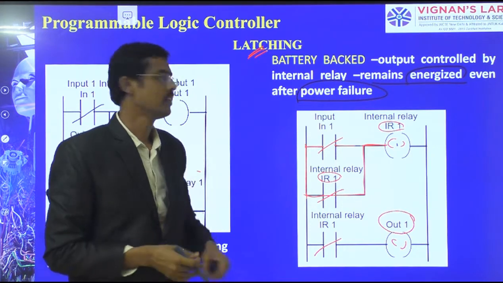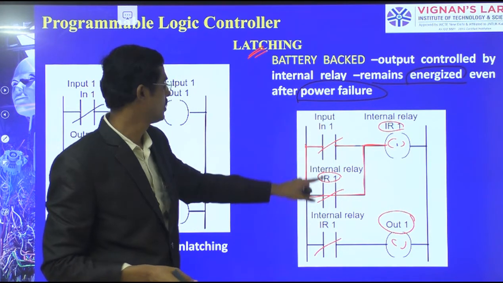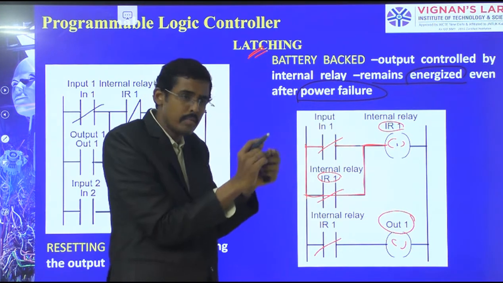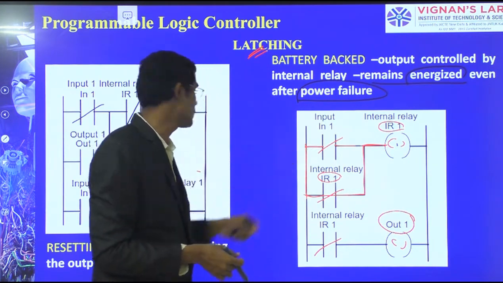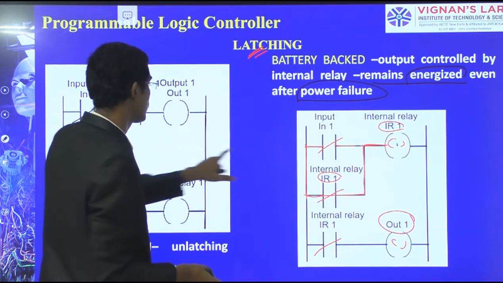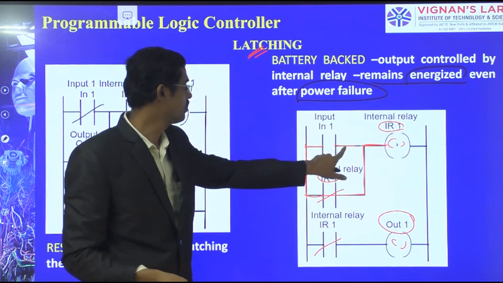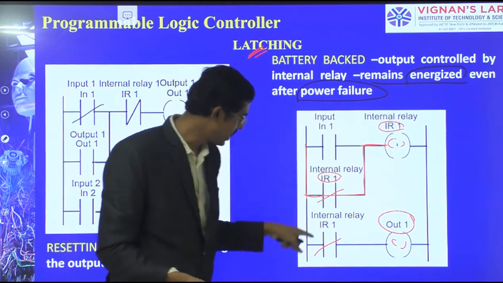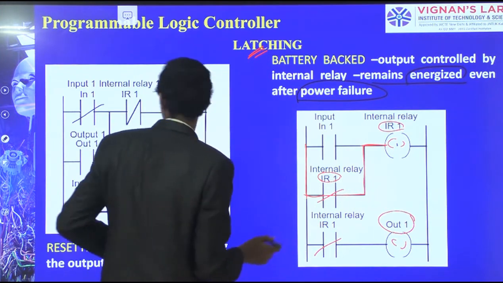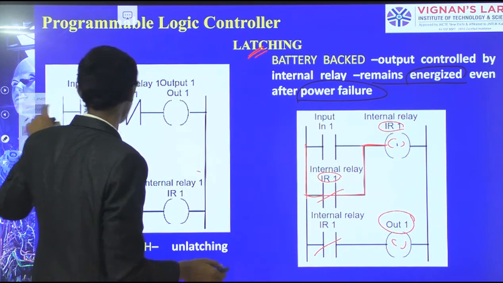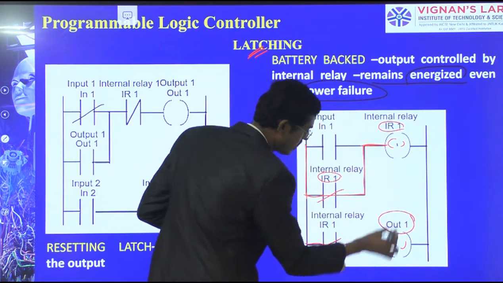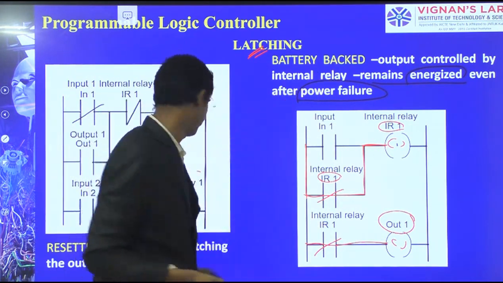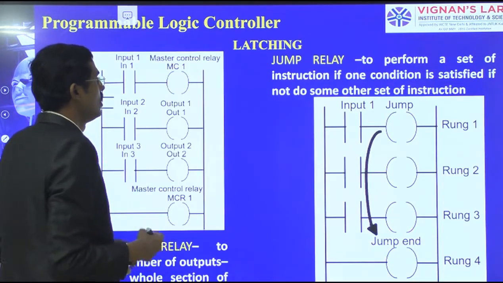Now let us consider that a power cut happened at input 1. This one is the connected point. I am disconnecting this. When this is disconnected, even though it is disconnected, the power goes through the internal relay coil, and through it we are getting the power. We are getting power and it is able to run. So simple, it's a latching process. I am using other words like battery backup. So, from the example, next I want to